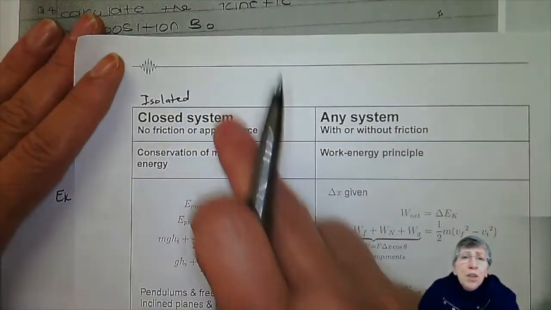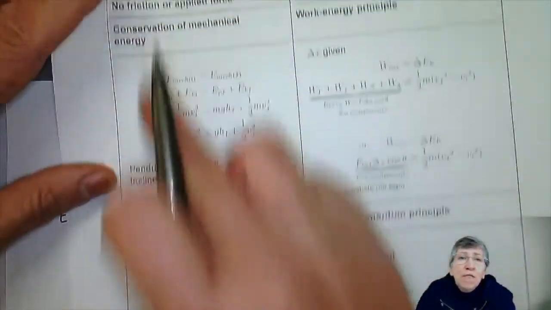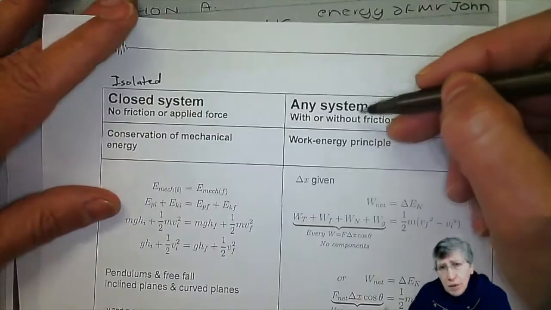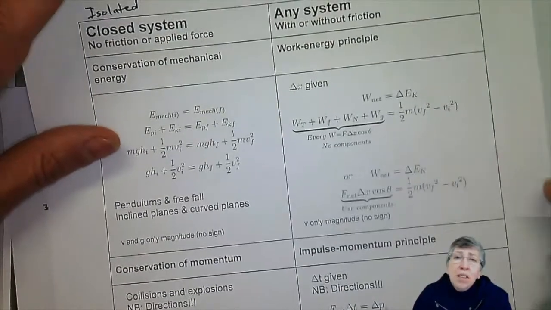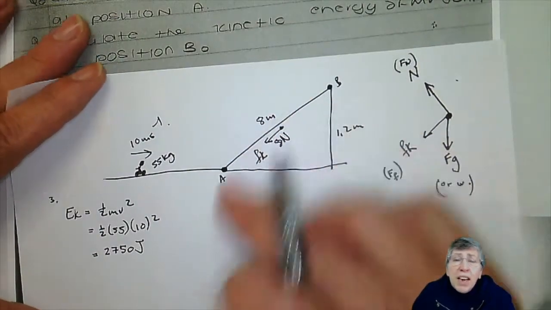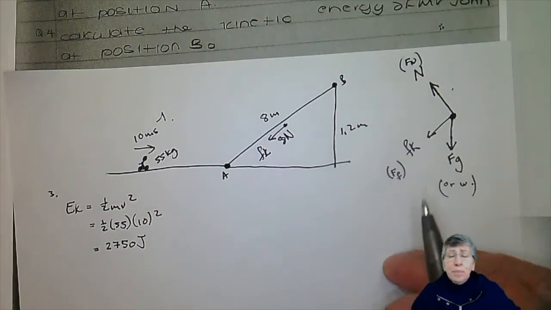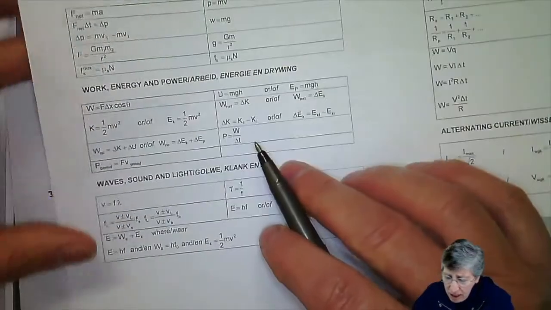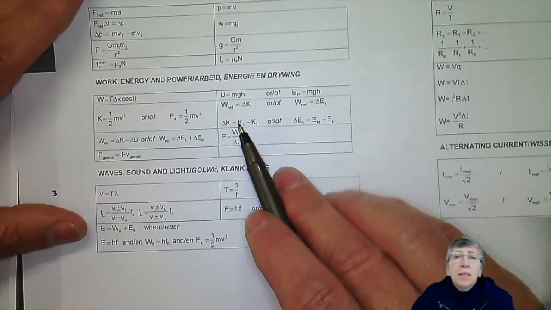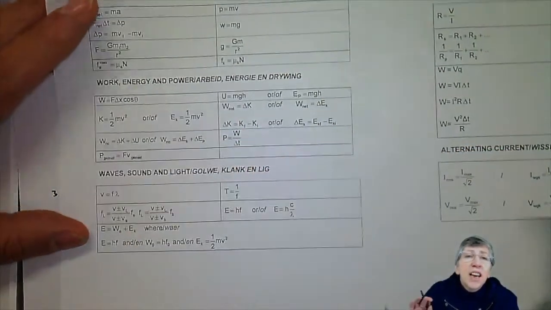So the moment you have friction or an applied force, it is not a closed system and you can't use conservation of anything, right? If there's friction, you have to work with either the work energy or the impulse momentum principle. Now in this one, we are going to use the work energy principle. But with work energy, you've got two different ones. If you look at the table, you can either work with W net, the net work equal to kinetic energy,